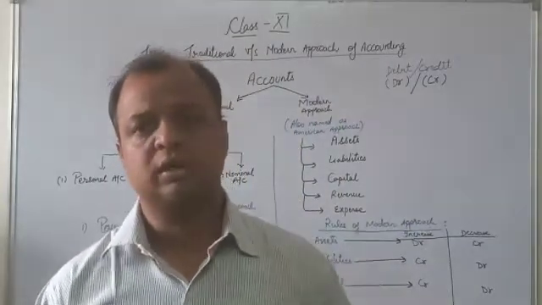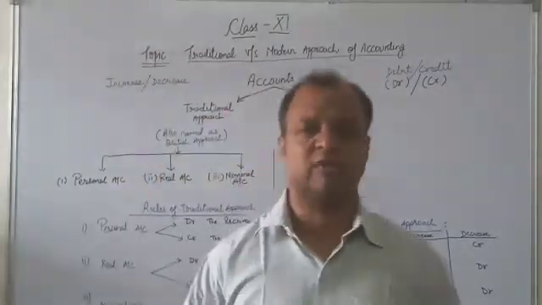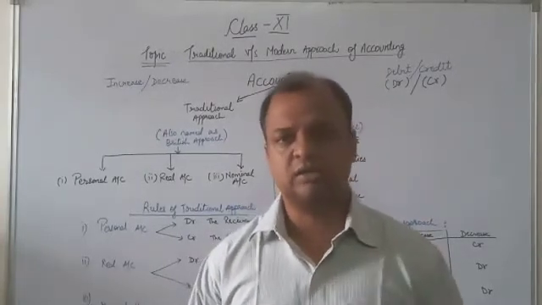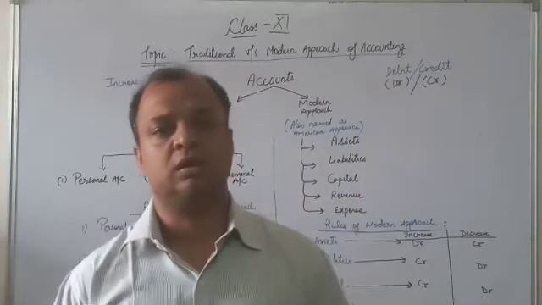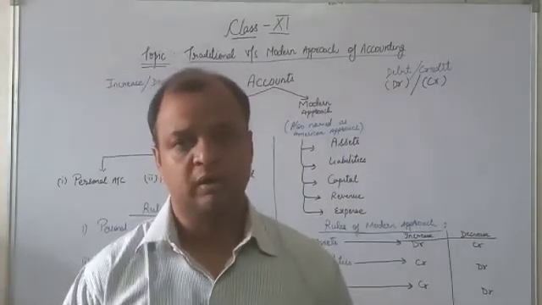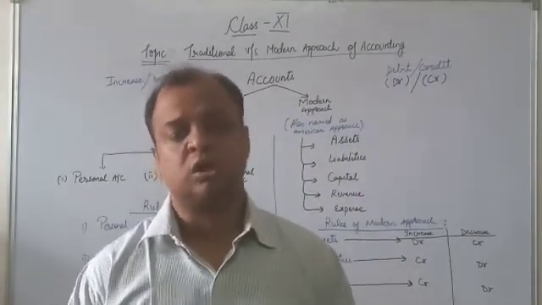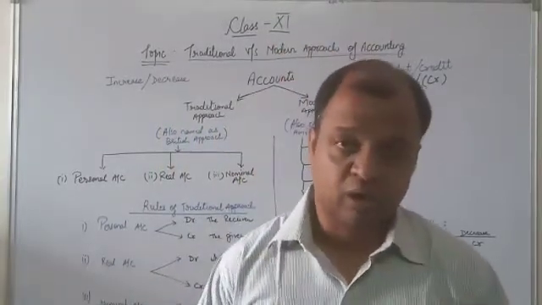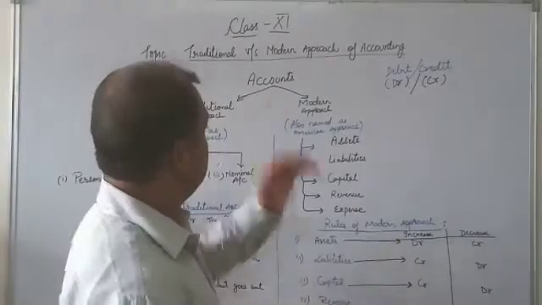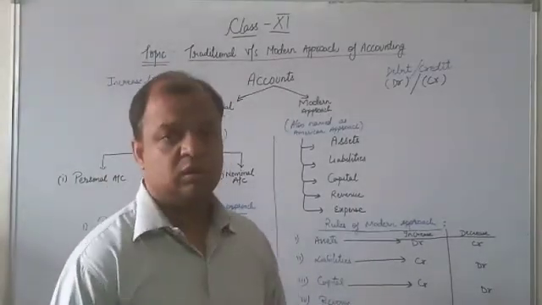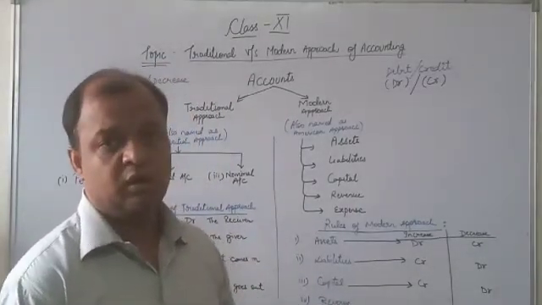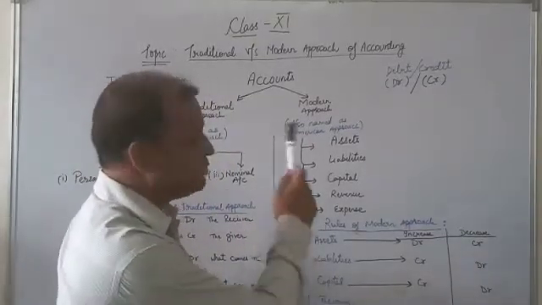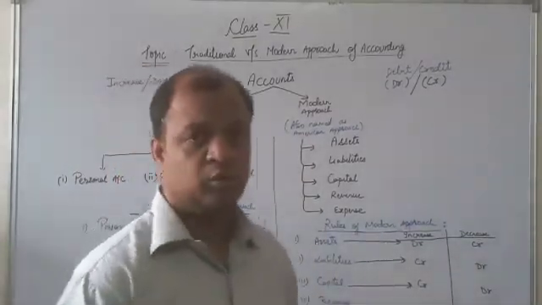Actually, accounting is nothing but the increase and decrease effect of the given transaction. That increase and decrease effect is named as the term debit or credit, which may be used according to the situation or statement. Now following with the classification of accounts, the basic classification of account is followed on the traditional as well as the modern approach.